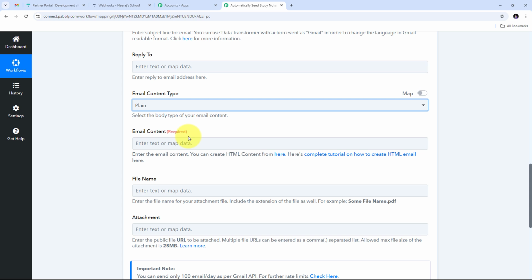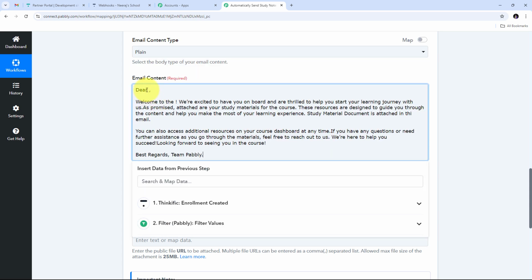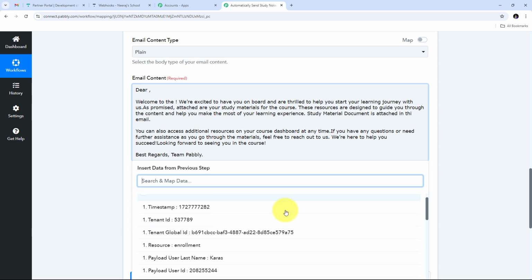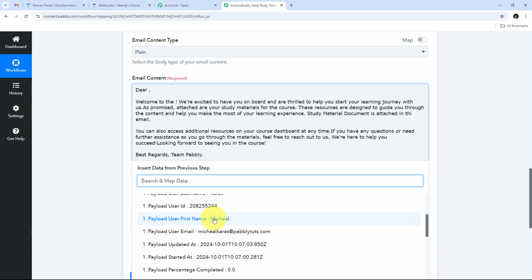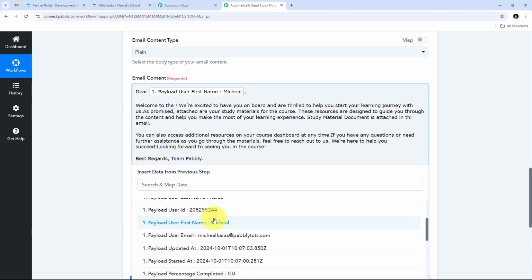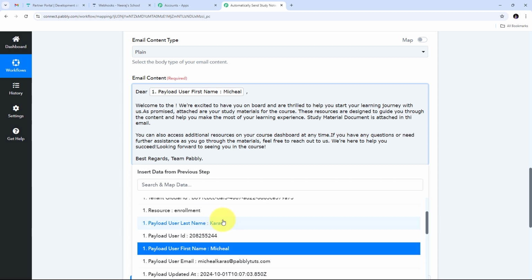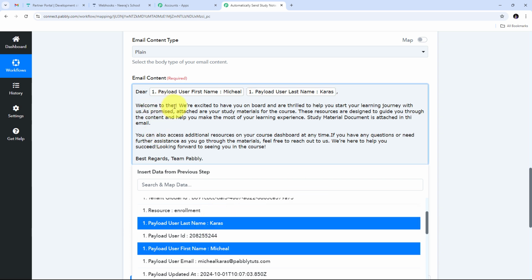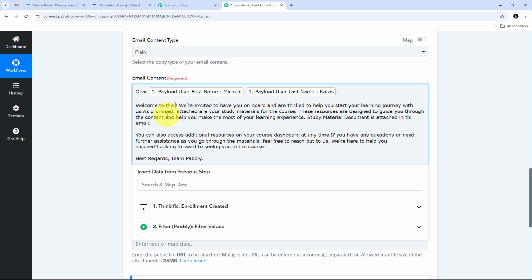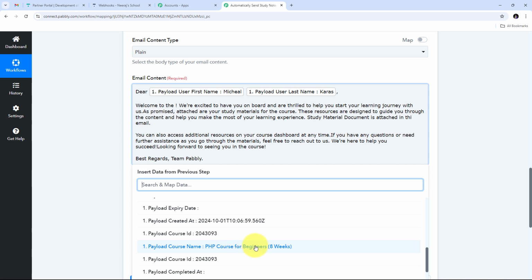And now I have to give my email content. So here my email content will be: Dear. After Dear I'm going to add the name of my student, so I'm going to map that here. I need to click here. I will open this response of Thinkific, and here this is the first name of my student, so I'm going to map this. I will give a space, and I'm going to map the last name. Welcome to the, and after this I'm going to map my course name. So I'm going to open this response of Thinkific, and here this is my course name,